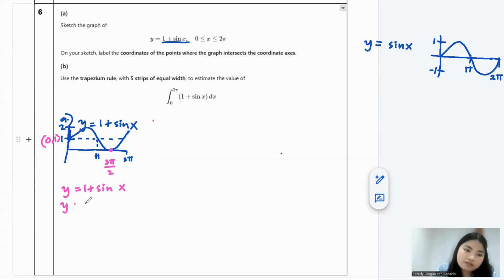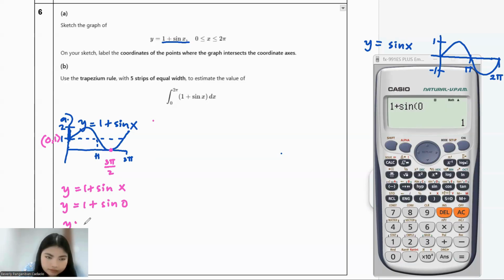So y is equal to 1 plus sin 0. Because you know that sin 0 will just be 0, so it's just 1 there. And since x is 0, your coordinates are 0 and 1. That's why we got that other coordinate there. The other one is making your y 0. 0 is equal to 1 plus sin x, and then you need to solve for your x, which means that